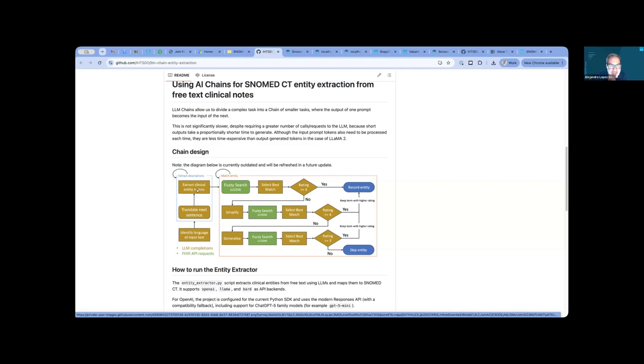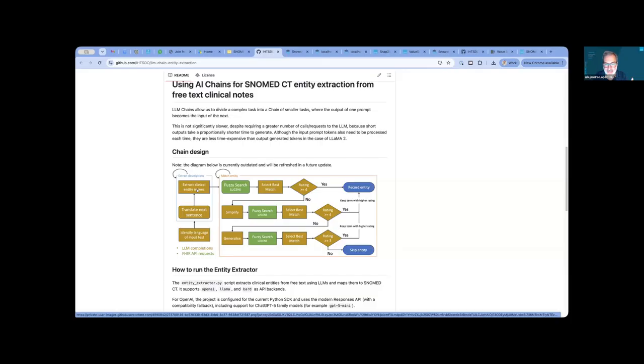But when you're processing free text, you need to be more flexible. So what you do is you attempt a first search with a fuzzy search, which means that it will not find only the exact match. You'll find similar things as well. And from the first page of the search, you will select the best match. And then it will try to give a rating. The reasoner model would say, okay, this was the original text, and this is the code I found.